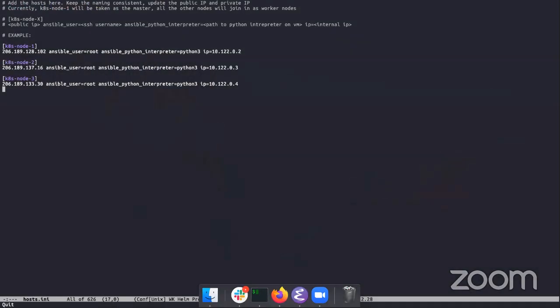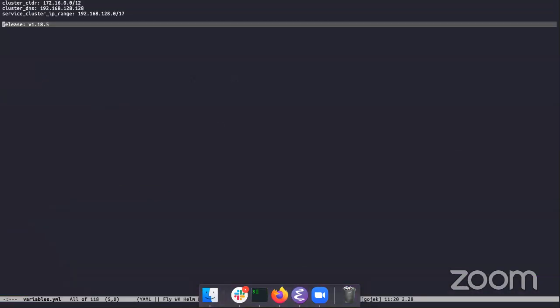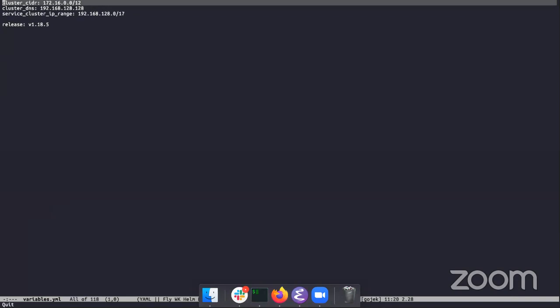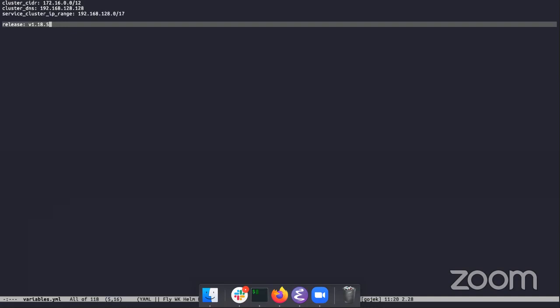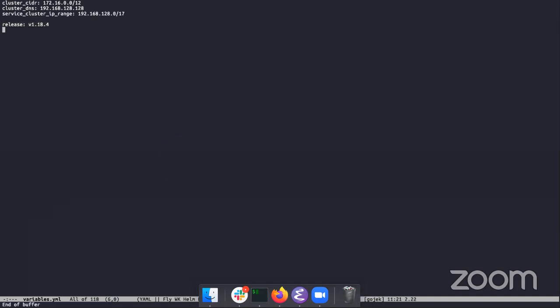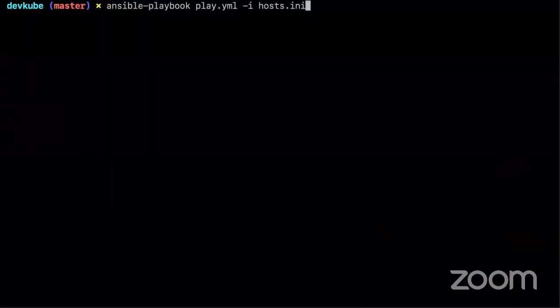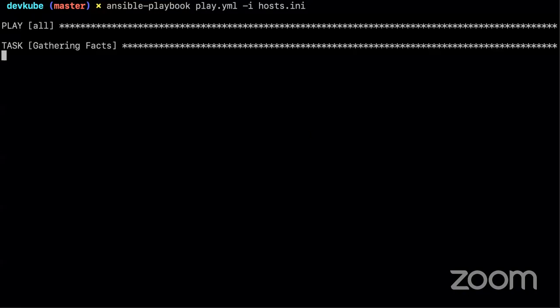Actually, before that, you also have to give the version that you want, right? So for example, you have to give the high level settings that you want for the cluster. These are all okay settings. You can change them based on how many pods you want to run, how many nodes you have, and all those things. And you can choose the version. So let's say we want 1.18.4, right? You can choose whatever version you want. So once you have that, you can just play, and I'll walk you through the various steps that